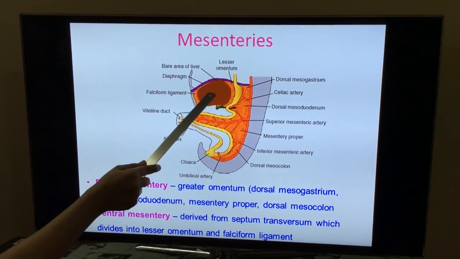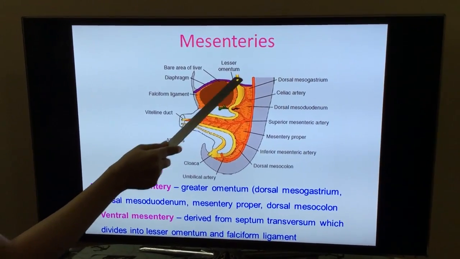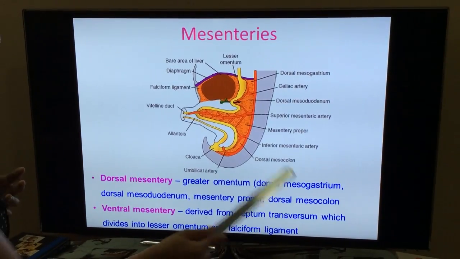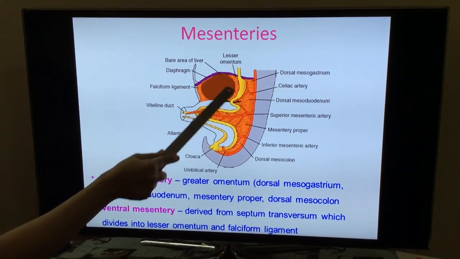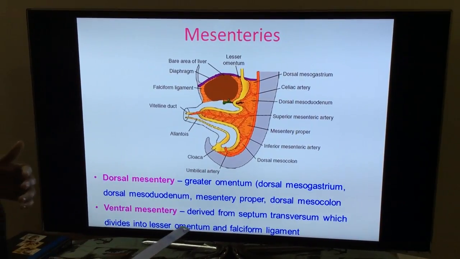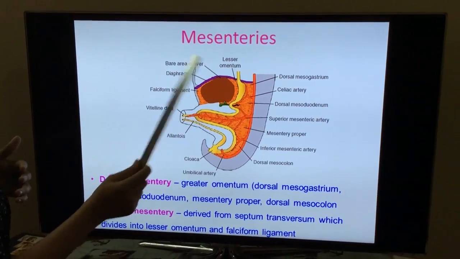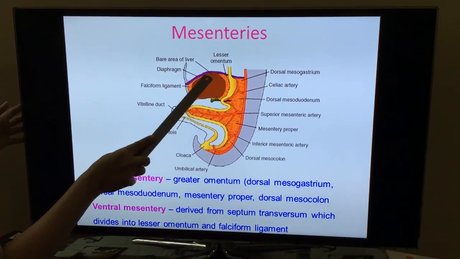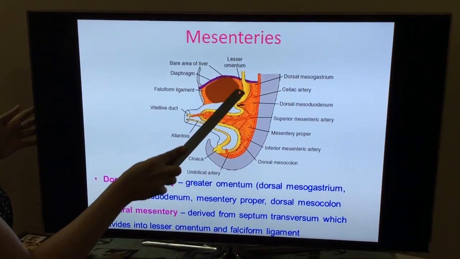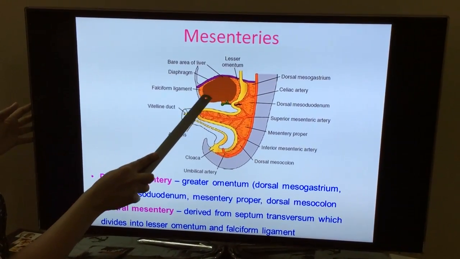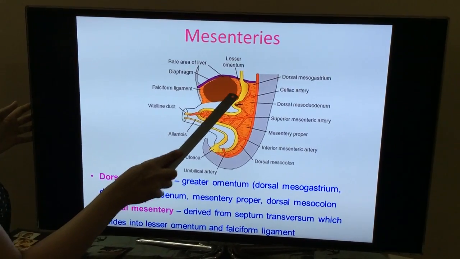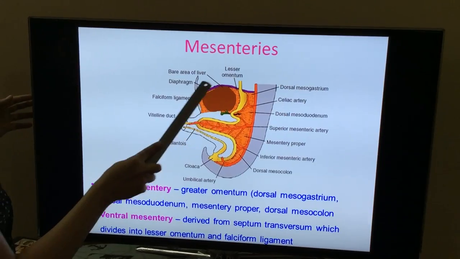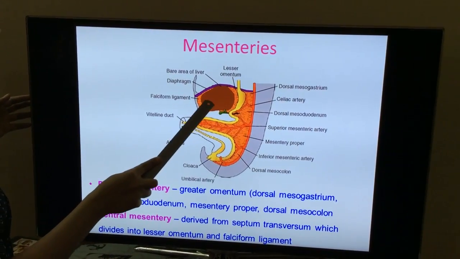The ventral mesentery, which is only at the ventral aspect of the foregut, as I told you earlier, is derived from the septum transversum. It gives rise to one more omentum called the lesser omentum. In the ventral mesentery, you can see there is a structure developing, a visceral organ, which is the liver. Within the ventral mesentery, the liver bud appears and enlarges to form the liver, along with the